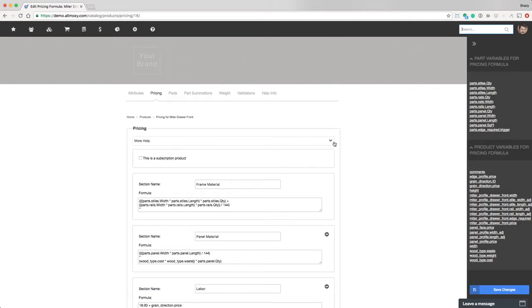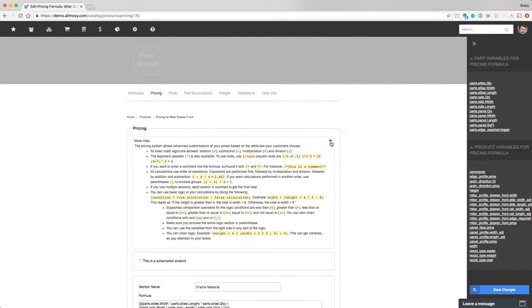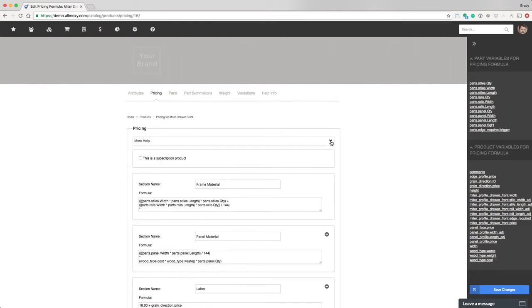So the first thing you should do is click this and check this out. This is how the formulas work below. Just get an idea, a little review on your high school math, order of operations, that kind of thing. It also shows you how to structure a logic statement, which you'll need for things like if the style and rail is wider than 3.5, then do this. If it's less than 2.5, do that. That's logic. So read up on that,